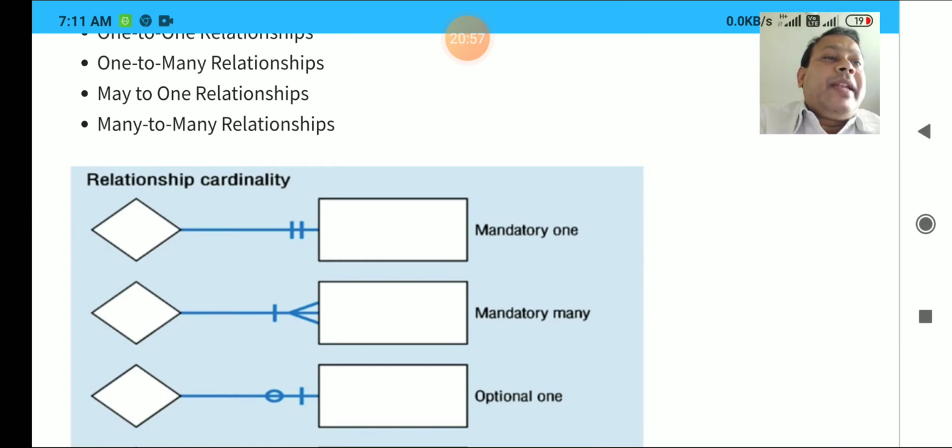So one student is going to enroll in one course. That is a one to one relation. Clear? So say for example, a student is there and faculty is there. One faculty can teach many students. Clear? So faculty to student, one faculty, a one to many relation is going to exist in that case.